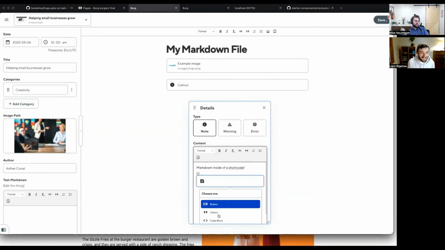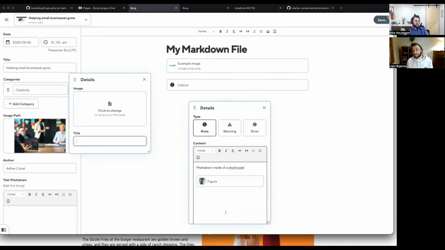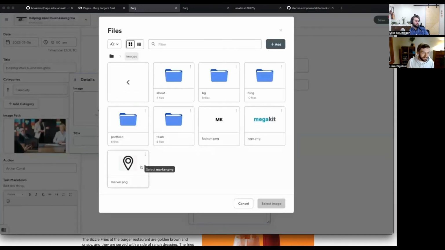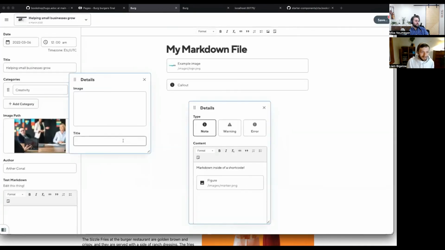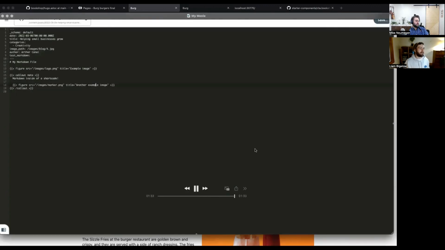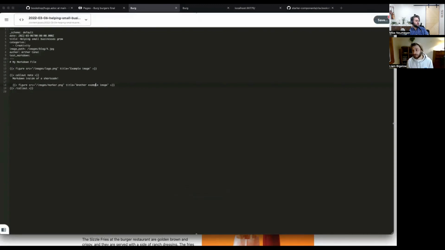And we can see here that actually you can nest snippets. So any rich text editor in CloudCannon can have snippets inserted. I'll let George finish adding his figure here, and then we'll see what this looks like in the code. So we'll hop back over to the source editor, and there we go. We've got the callout nested with a figure inside it, and all of this will work out of the box